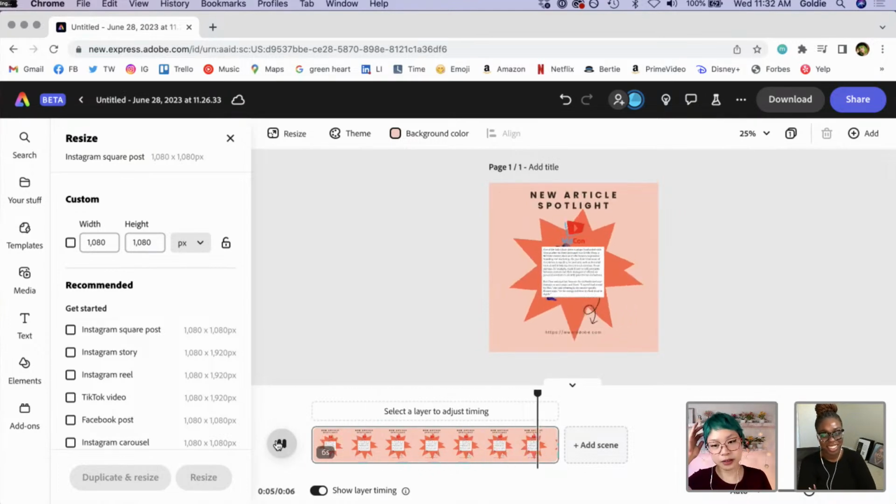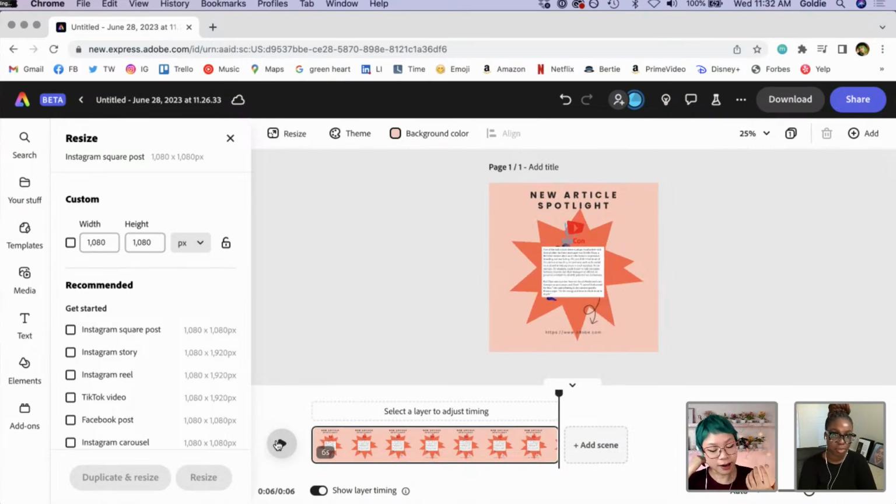So this could be literally an in-feed video now for Instagram. That's a square. It's nice because you could have, say, an Instagram story that's promoting this article, but then you can also have a great in-feed post that's also promoting it.